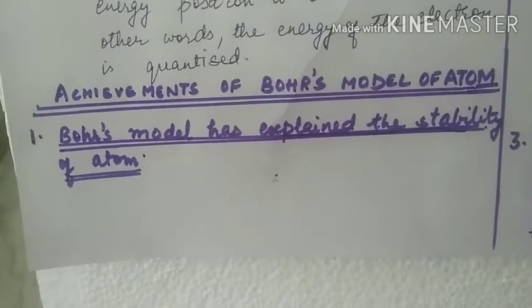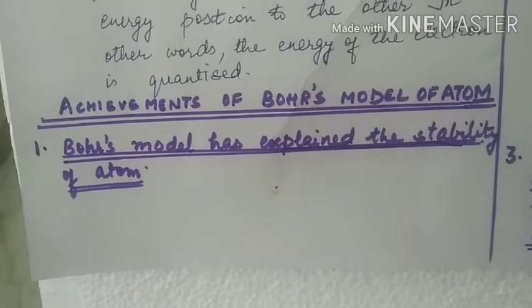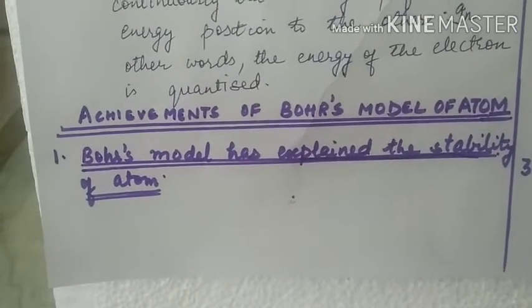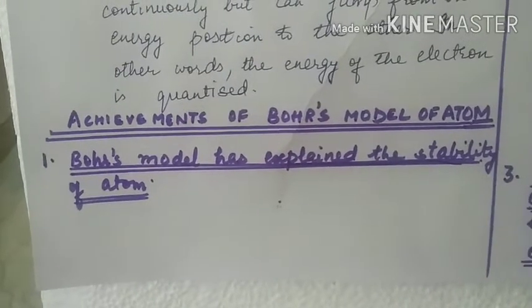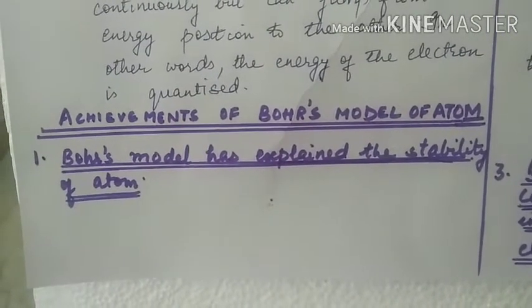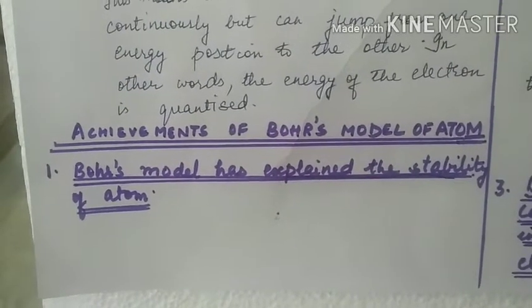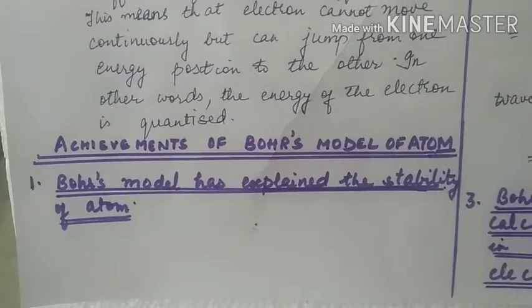According to Bohr's theory, the electron present in a particular energy level cannot lose energy on its own. Only when energy is supplied from an outer source does it jump to a higher energy level from the lower energy level. And as the excited state is not stable, it will jump back from the higher energy level to the lower level.